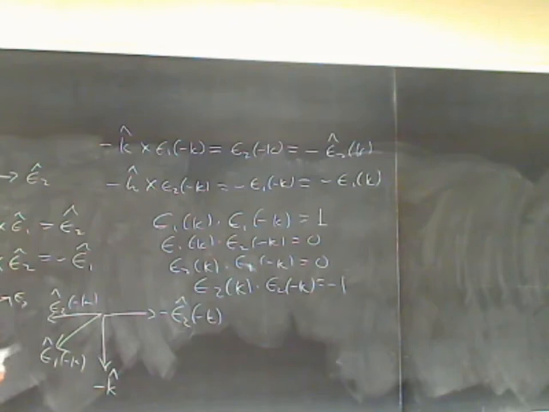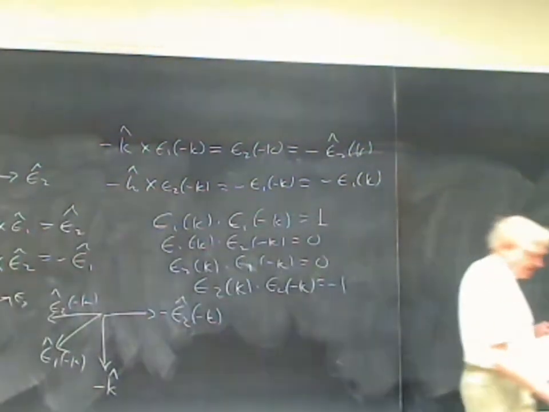Now, if we use these relations, we see back here for the electric energy, we have epsilon r of k dot epsilon r prime of minus k. But we see that by our choice of real polarization vectors, this is 0 if r is not equal to r prime. And if r is equal to r prime, it's sometimes 1 and sometimes minus 1. And so what we get,